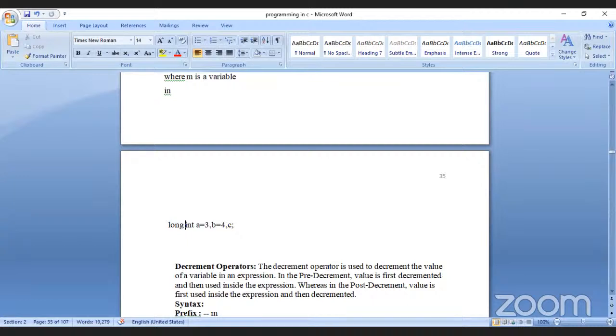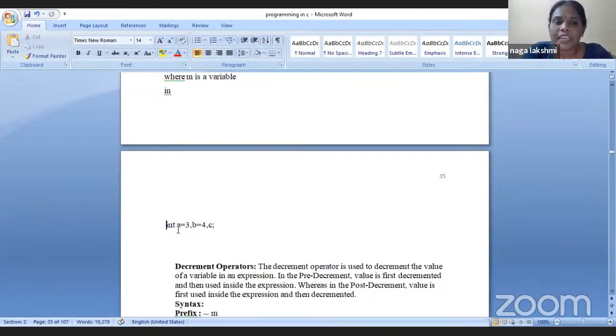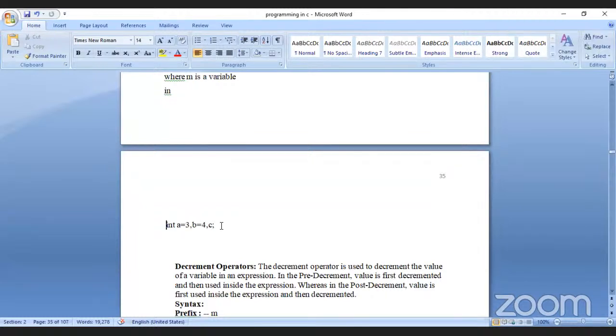Yes, ma'am. One small piece of information here. Here a, b, c are called what? Variables. Variables means what? They are telling memory, we are the 3 variables of integer data type, please allocate some space in the memory. It's like a warning. Declaration means they are telling, we are coming, please allocate, reserve us some space in the memory. This is called a declaration statement.